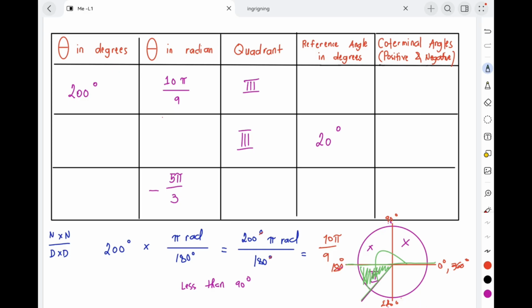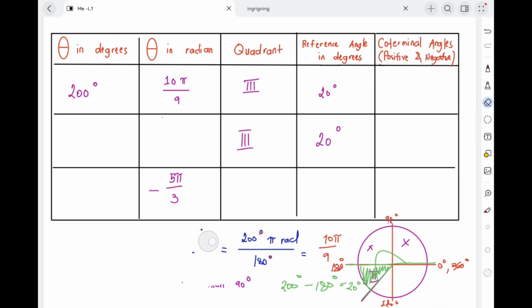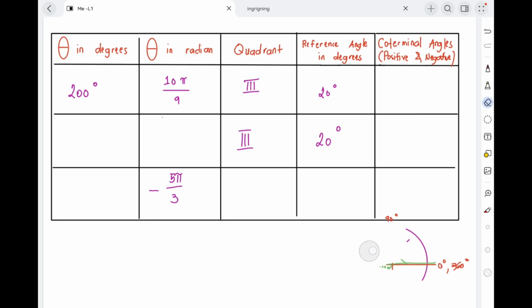So that is 200 degrees minus 180 degrees, so that is 20 degrees. So our reference angle here is 20 degrees. Always make sure that the reference angle is always positive. So now for the co-terminal angle,